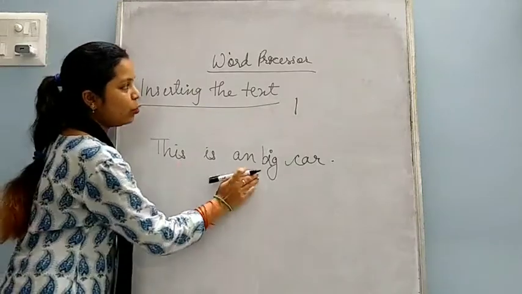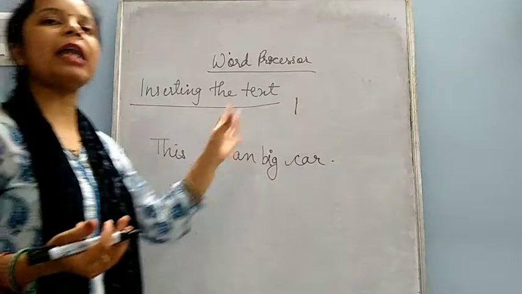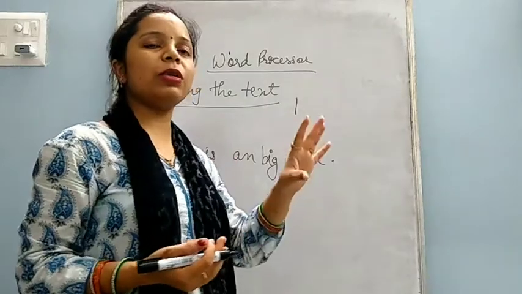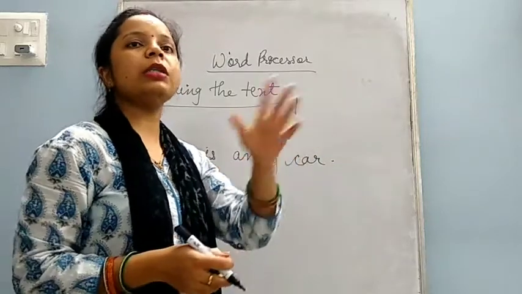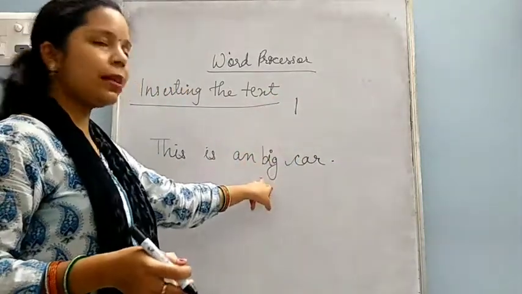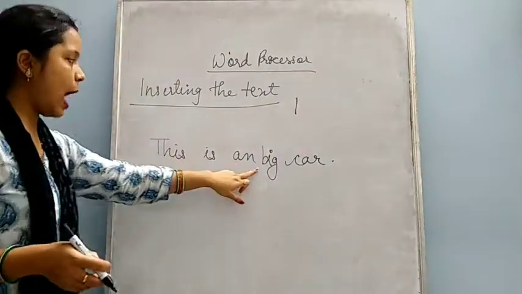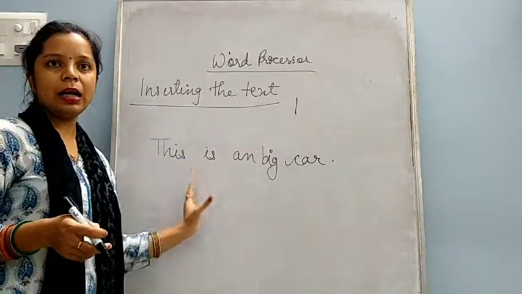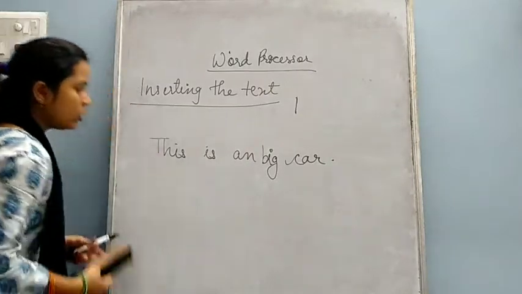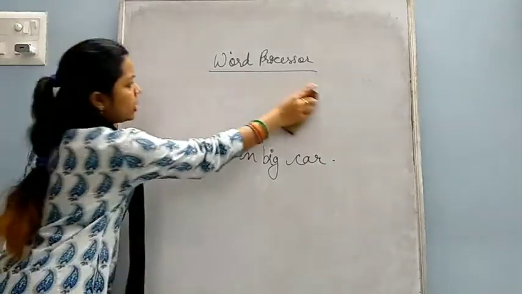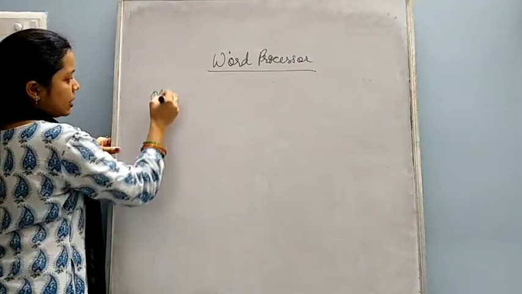So this way you can insert the text between the line, between paragraph, anywhere. Suppose after writing two lines, you want to insert a word. By clicking at that position and by typing with the keyboard, you can insert any word in between the lines which you have already written. Now see, next topic I am going to explain you, that is moving the text.